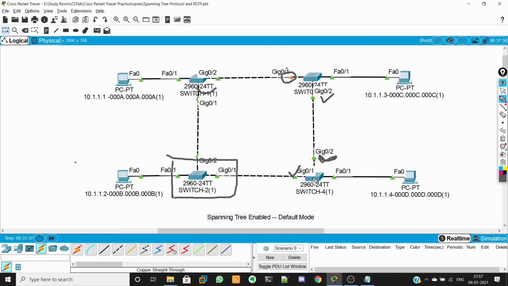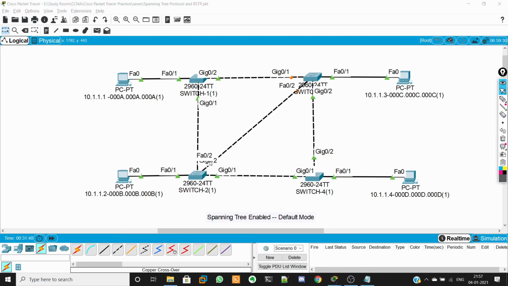But this is only the theoretical explanation. In our real-time environment, if any change happens in the network topology, for example, if I add an additional link to my network, the topology completely changes. In that case, how do the switches communicate with each other and adapt to the new environment? These are the things we need to discuss. Also, in real time, we won't have a single VLAN. There will be multiple VLANs and multiple loops. Let me explain those topics in my upcoming video, so stay tuned for my next video.